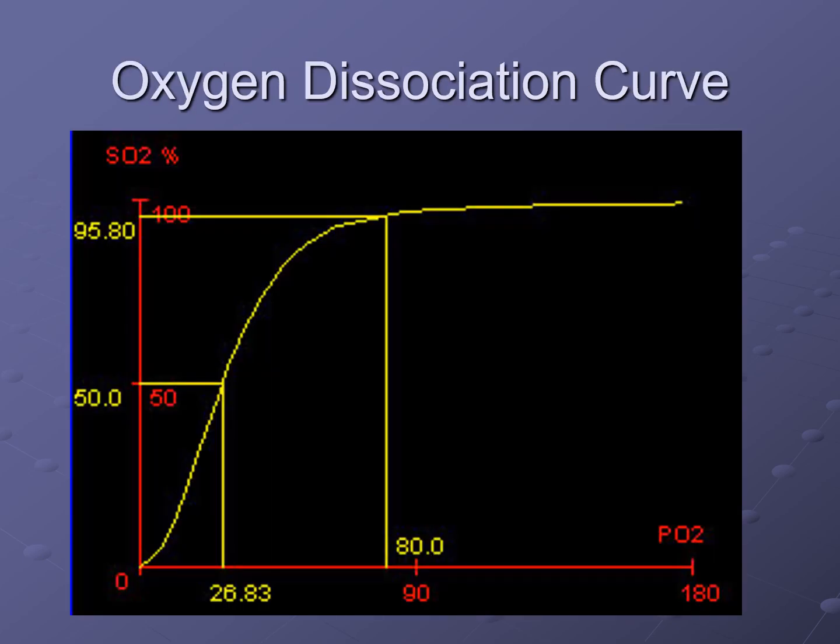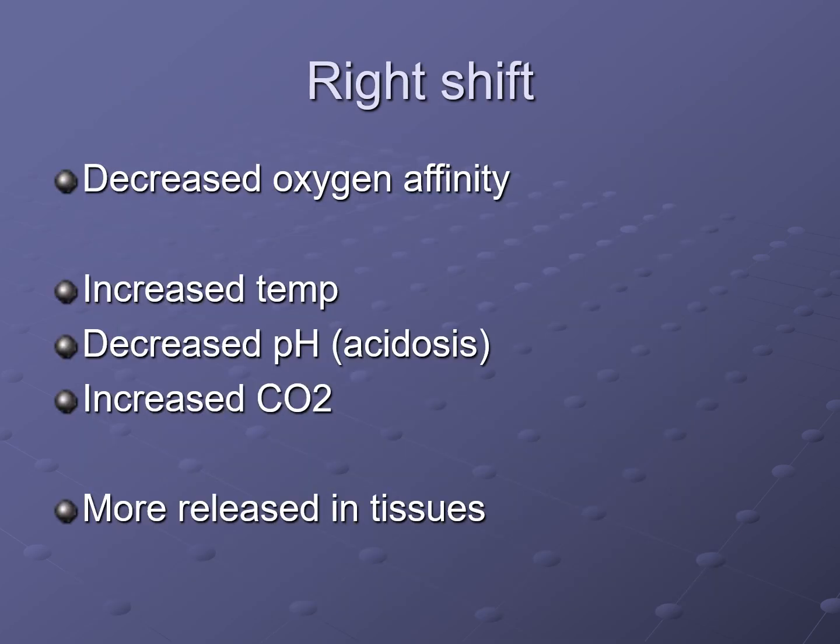The oxygen dissociation curve is important, especially in critical care. It changes depending on what the environment is. So if you have somebody who is in a higher temperature or has a higher temperature, has decreased pH because they're in acidosis, and increased CO2, which would be consistent with that, it basically allows more of the oxygen to be released from the bloodstream and be released into the tissue. So we decrease the oxygen affinity to the hemoglobin.